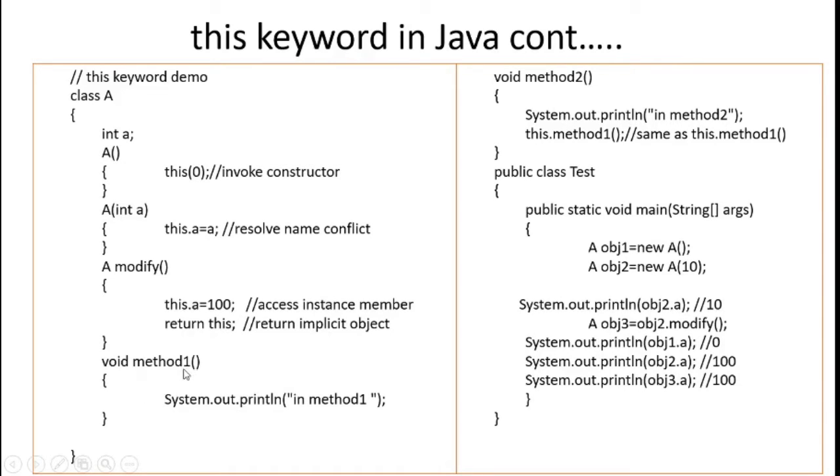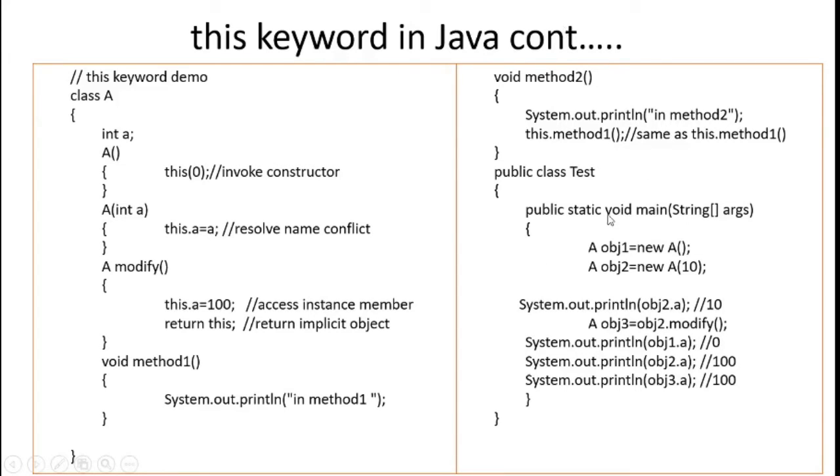Then next one is a method. The name of that method is method 1 and its return type is void, and it has the code of just a simple println statement. Again method 2. In method 2 we have called method 1. So here we have used this dot method 1. Instead of this we can directly write method 1. Here we can directly write method 1, or we can make use of this dot method 1 to call the method. So this keyword is also used to invoke the method.